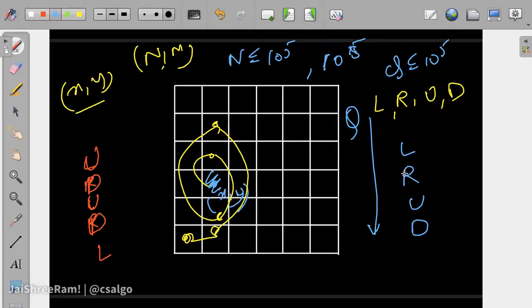Yeah, so we can maintain a set of pairs, and while going in a direction, we can maintain a while loop. So while we find a valid non-IC cell, we keep going in that direction. And in the while loop, we can make a condition like if we are at the end, beyond the end, then we can just stay there, something like that.